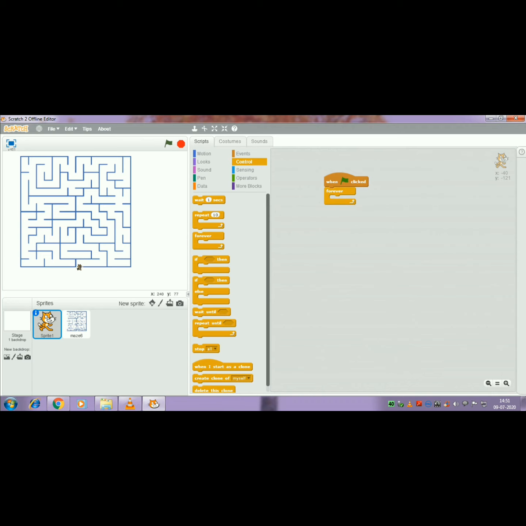Choose that. After inserting that, again you have to choose the if block. That is also under the control category. From that choose the if block and insert it. After inserting the if block, what is the next step we have to do?